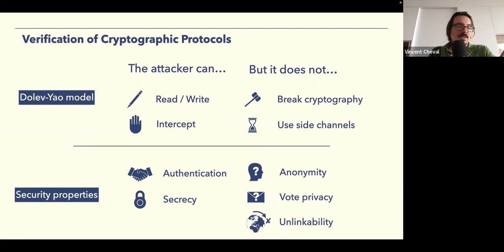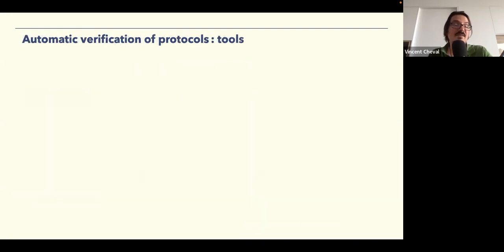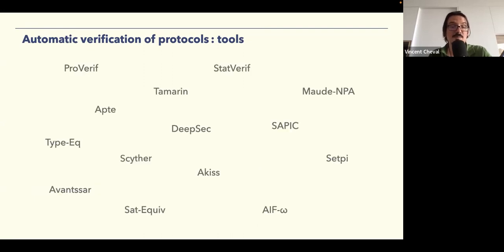When I mentioned that the Dolev-Yao model allows for automatization, in fact, if you look at the literature, there is a plethora of automated tools. And I'm pretty sure that the list here is not exhaustive. You have the more famous ones, ProVerif, Tamarin, Maude-NPA, more recent ones like DeepSec,